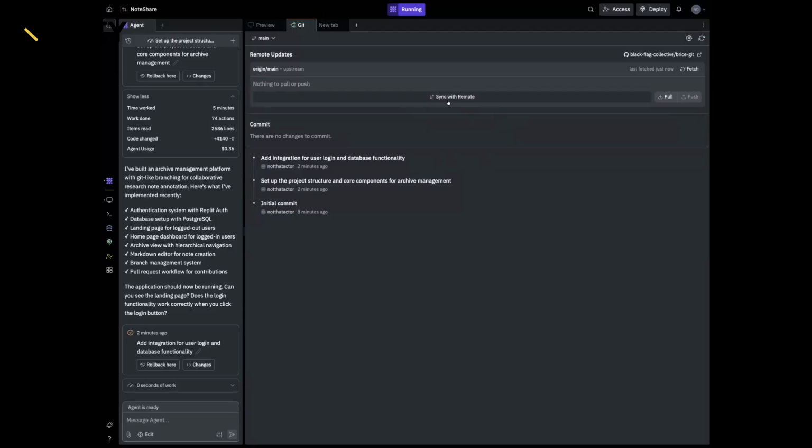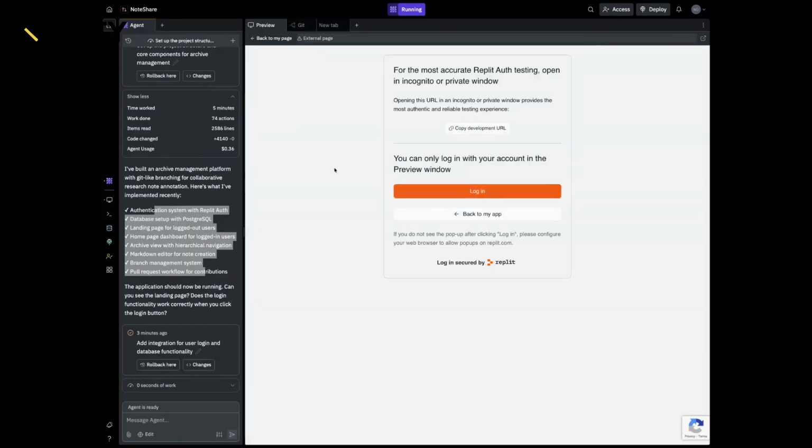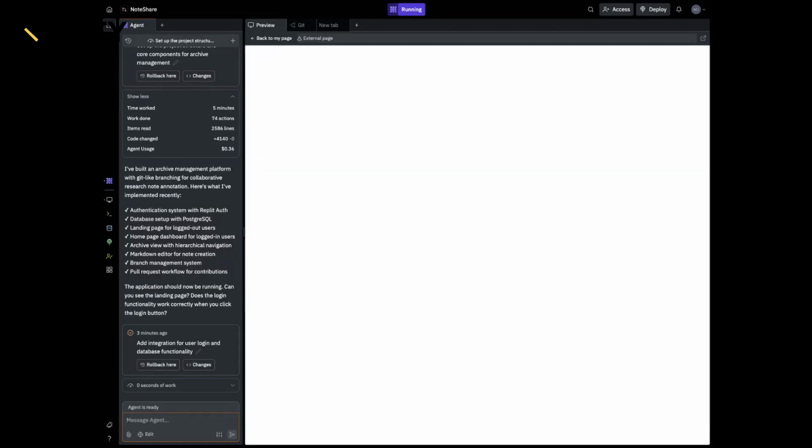So you'll see here that I quickly pushed this up to your remote. So now all of our changes will be tracked in Git, and you'll be able to access them. So let's take a look at what was built. It made that homepage still. It loves to do a homepage. Let's see what it makes us do here. I'll just log in with my account. I'm already signed in, so it chose to add auth anyways.